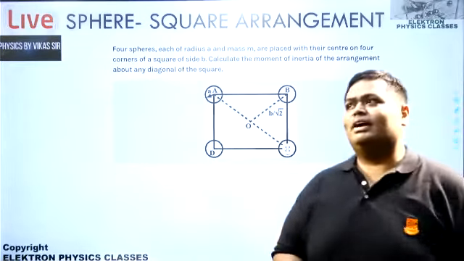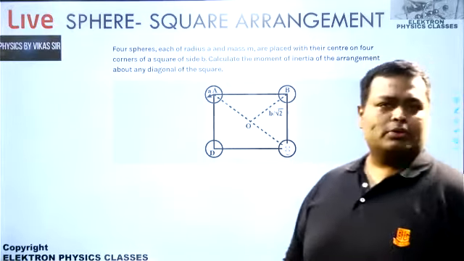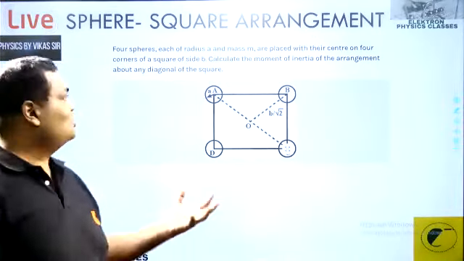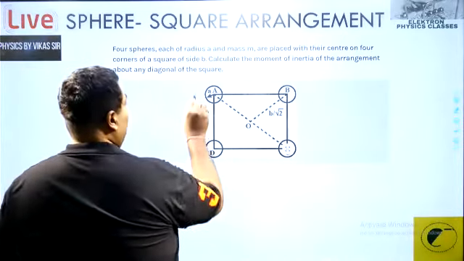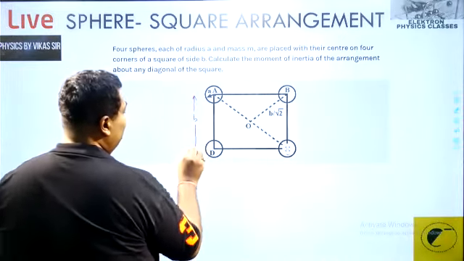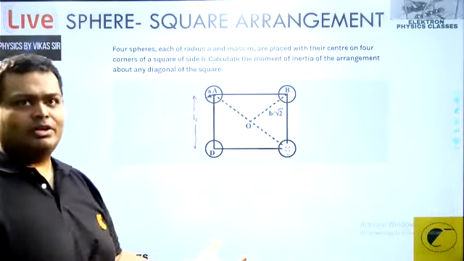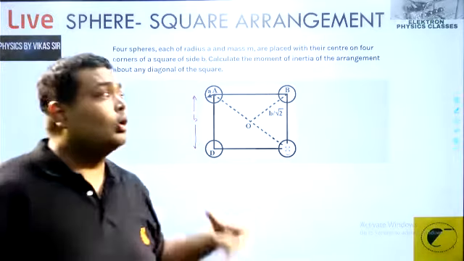Try this out. We have a square. Today's class is obsessed with a square. There's a square of side B. So the side length of the square is given as B, and we have 4 spheres. They are not tiny, so they have moment of inertia. They are 4 spheres. And spheres mean what? The question did not prescribe hollow or solid.